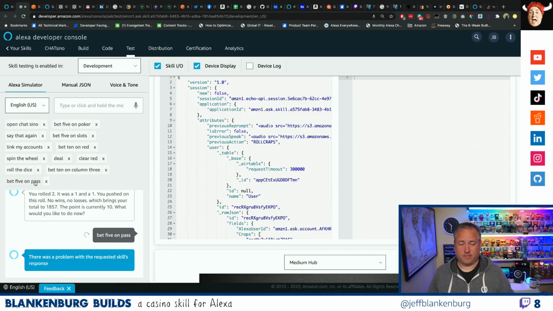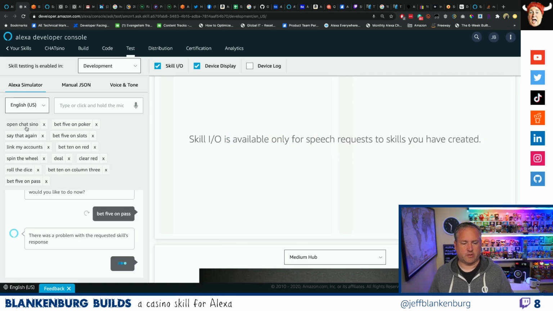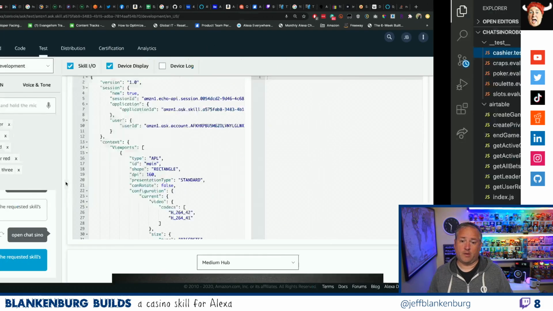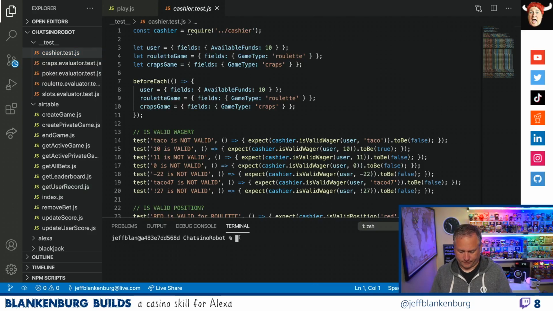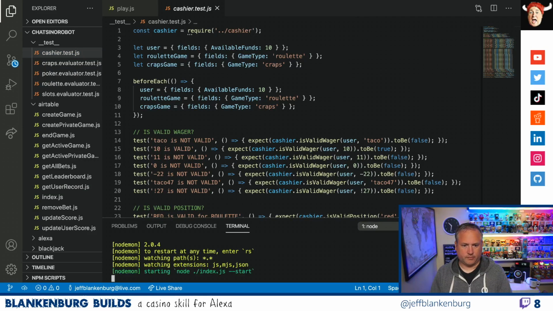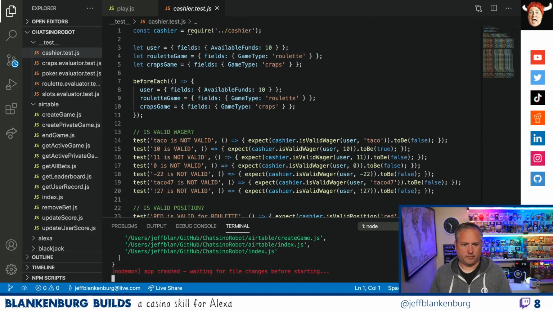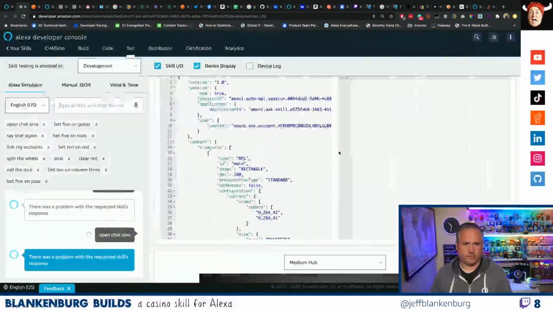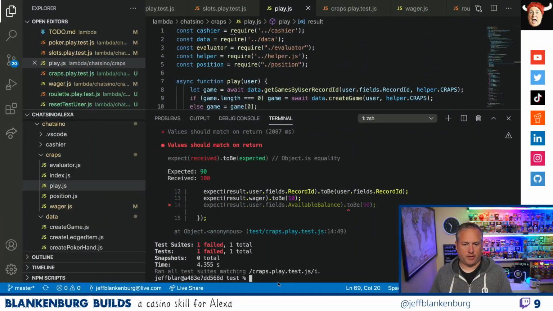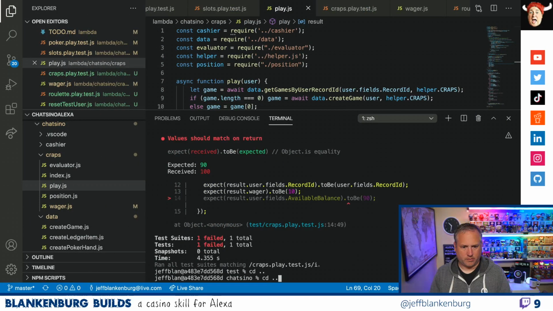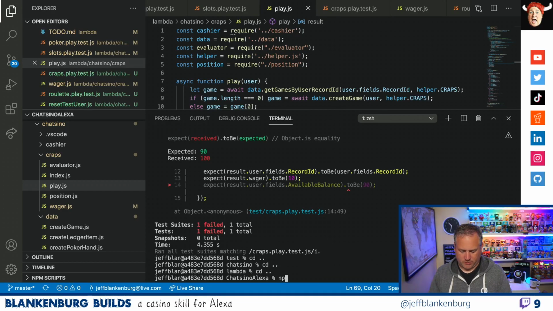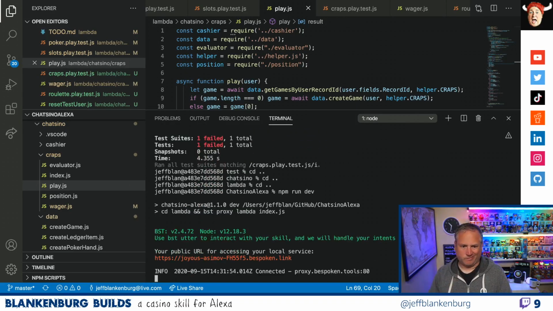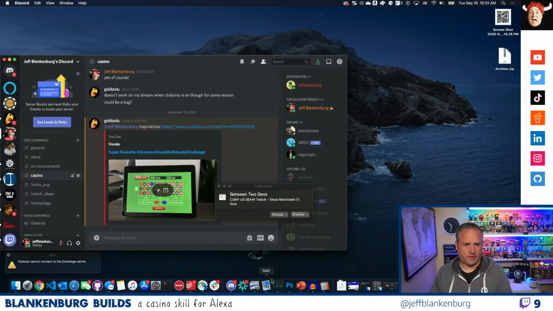There was a problem with the requested skill's response. Oh, it helps if you start the skill. There was a problem with the requested service. On the right one. npm, let's go, npm run dev. Okay, now that our service is up and running,